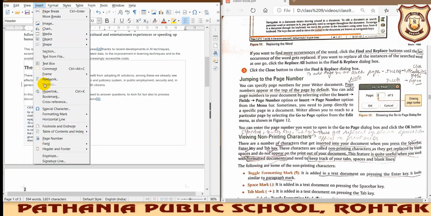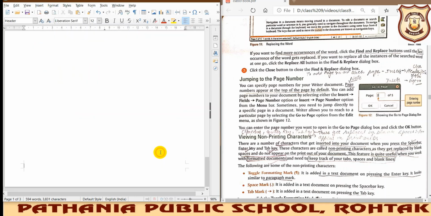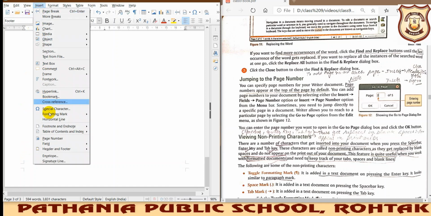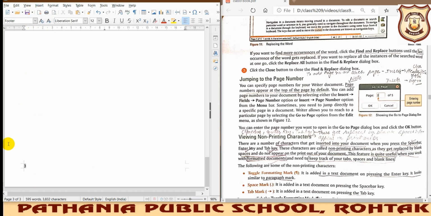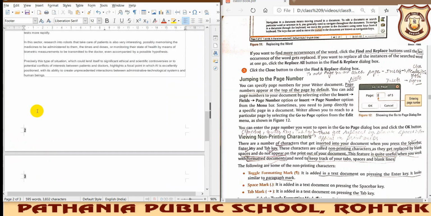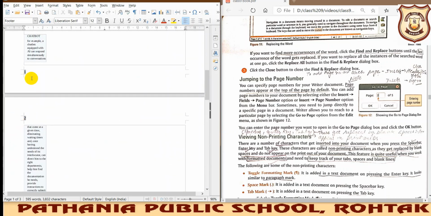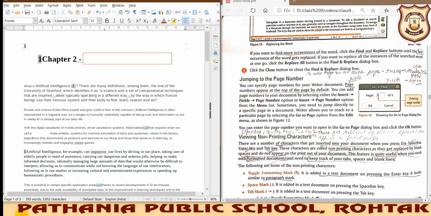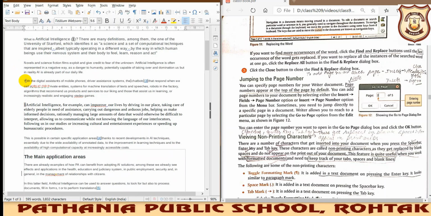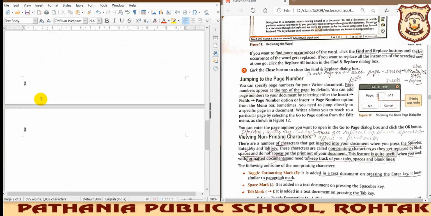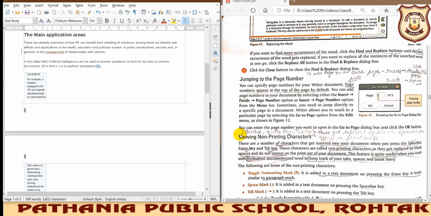Now let us say you want to insert this page number in the footer part. What you will do: insert, header and footer again, then click on footer and default style. Now you can have it here. You don't have to type it. You will go to insert again, then page number, so it will put it like this. This was the third page, this was the second page, and this was the first page. On both header and footer we have inserted the page number, so they will come like this. This way also we can insert the page number on the page.